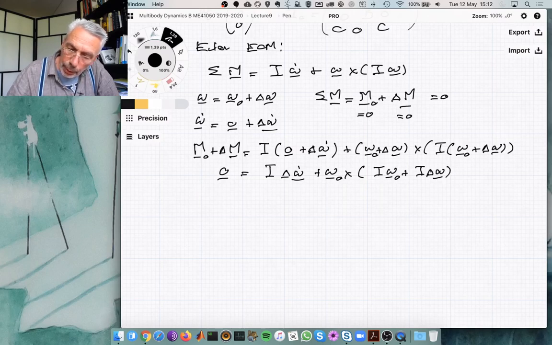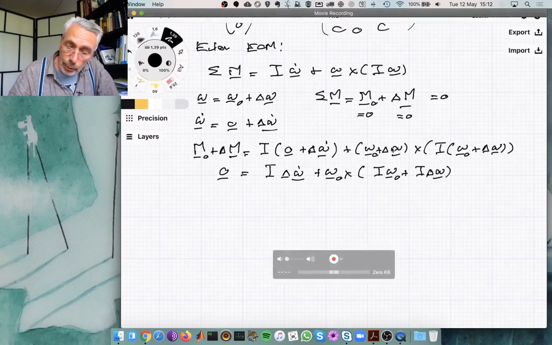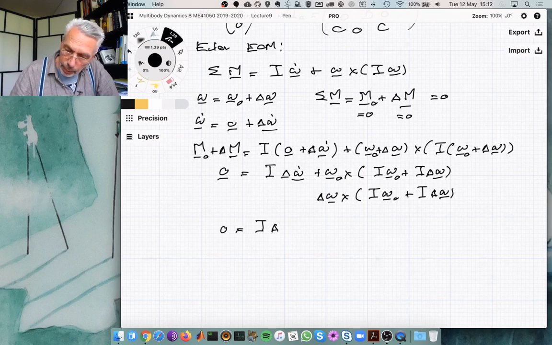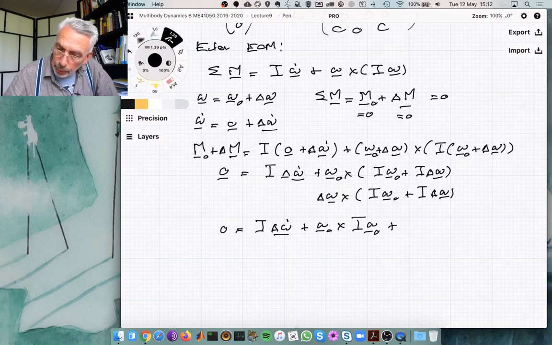That's the first part. And then the second part is, of course, this delta omega. So we get delta omega cross product with, again, this stays the same, I omega 0 plus I delta omega. Okay, 0, I delta omega dot. So what does remain? We get plus omega 0 cross I omega 0, plus we get omega 0 cross product with I delta omega,